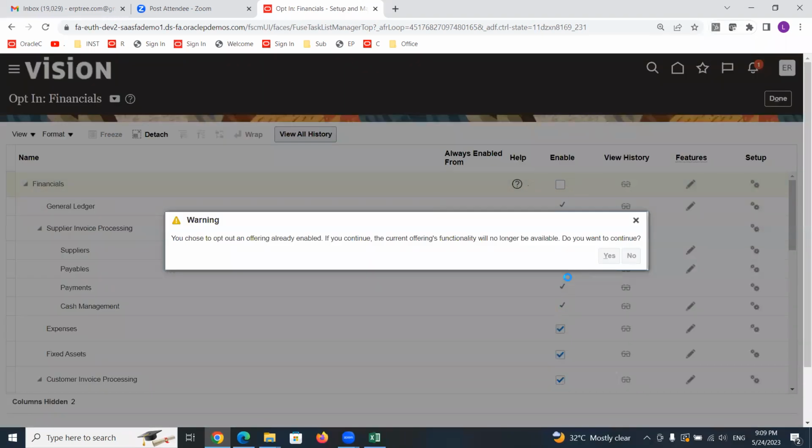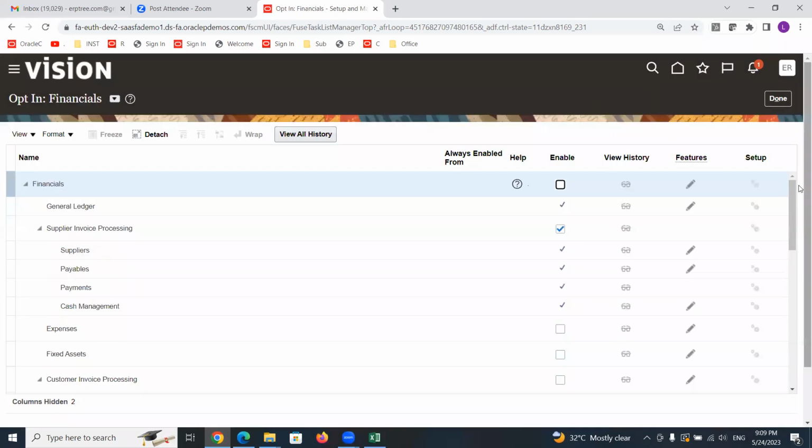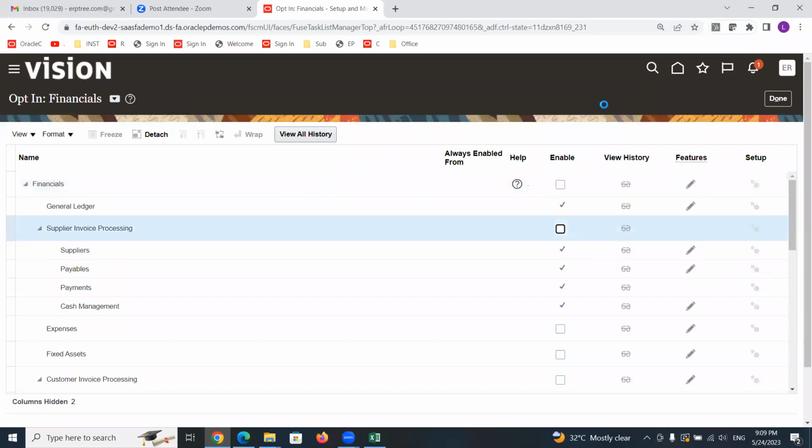Not only this, wherever you have checkboxes, all you can find as disabled. When those are disabled, you have to enable them. If you enable, those will be available to select into your implementation project. When you select those into your implementation project, you can do the setups. So this is what we have to understand. First we have to enable. I just disabled it, so that is the reason the process icon is taking time. See, this is how you see it in a fresh instance.